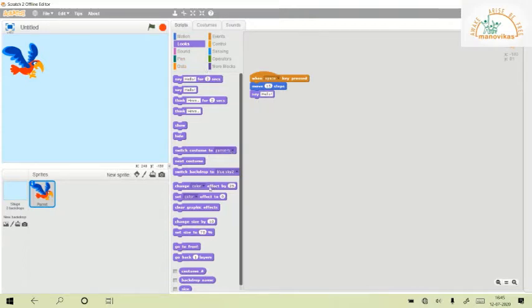The next block I'm going to use is changing of the color. So I will make my sprite change its color and also size. And then we have costumes. Like in the last video I have shown you that every sprite we insert, we choose, they have different costumes.